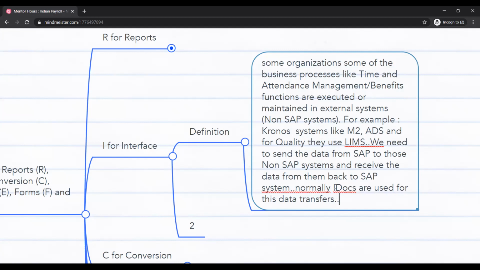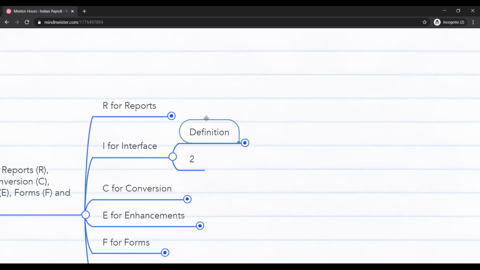But say, designing of those interfaces can also be very similar to middleware. You can think of it that way. So these things are actually required whenever you are doing a data transfer from one SAP system to a non-SAP system. It's not only for SAP HR, any other modules also, like PM, quality management. In those cases we need it, and it is a little complex compared to other objects. Interfaces are a little complex to handle.